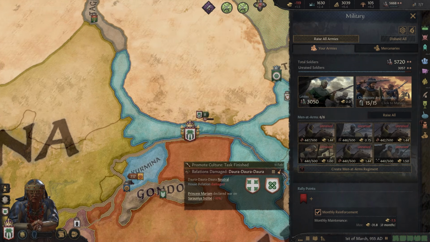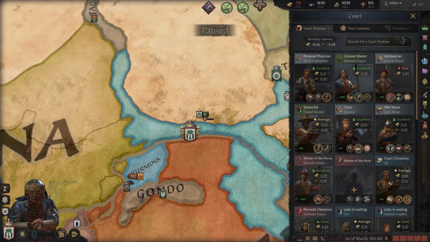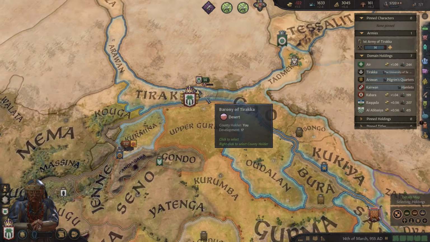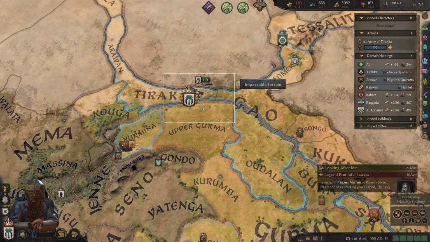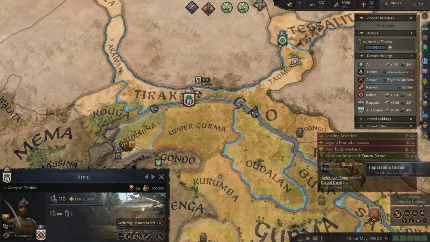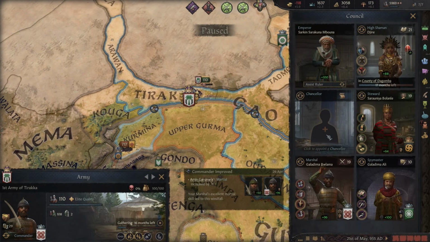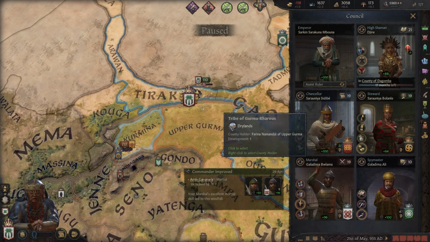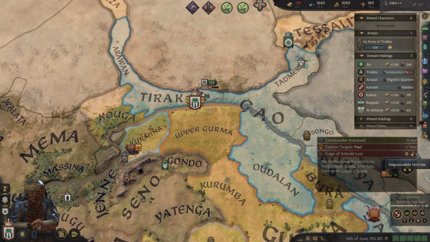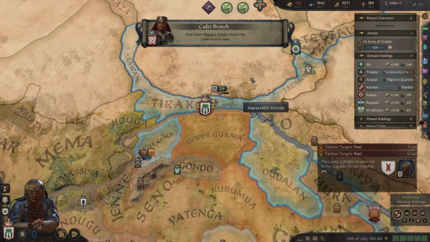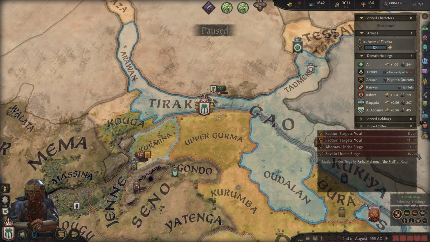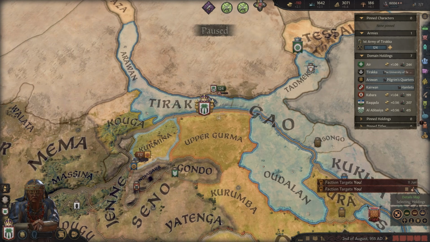So be it. Remote culture task done. Yeah, earn me another half a gold a month. That's fine. These guys are gathering again. New Chancellor. You're a powerful vassal and you're good at the job. Alright, perfect. That's what we love to see. Okay, earning 2 gold a month now. 2.1. It's not bad. We are getting a little bit more money.